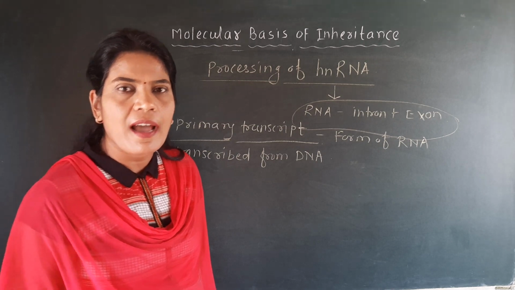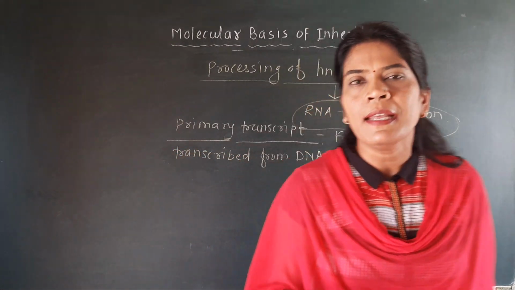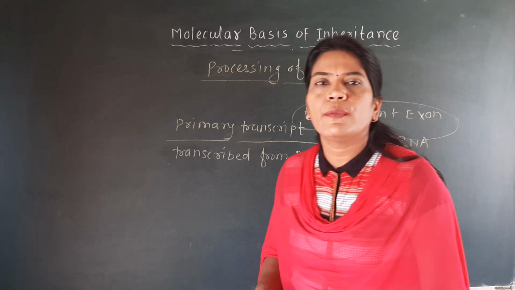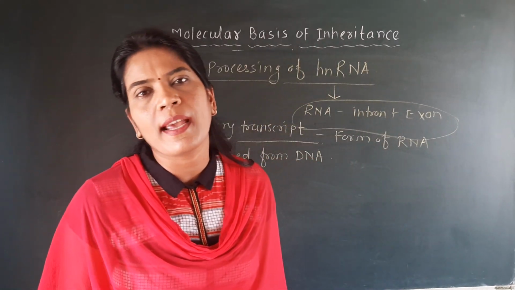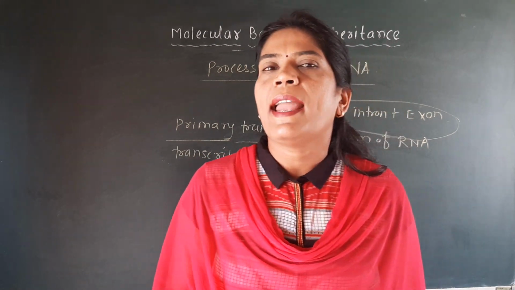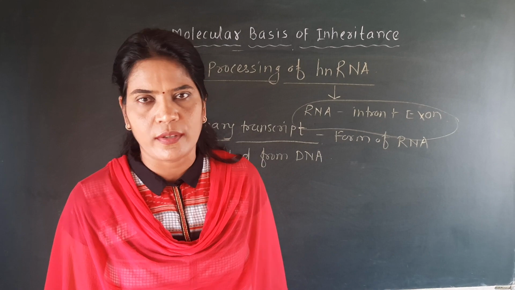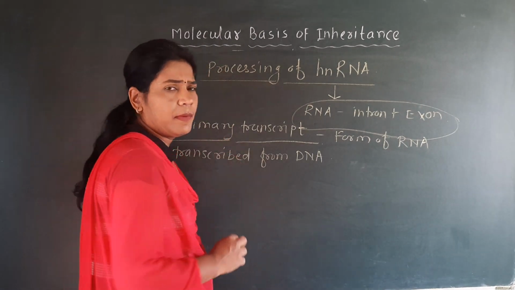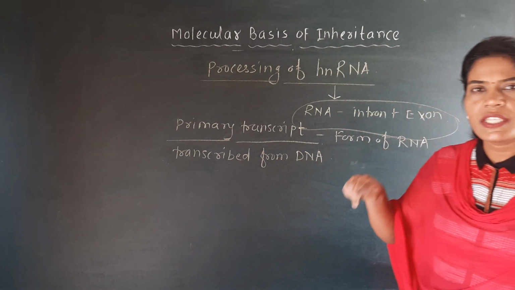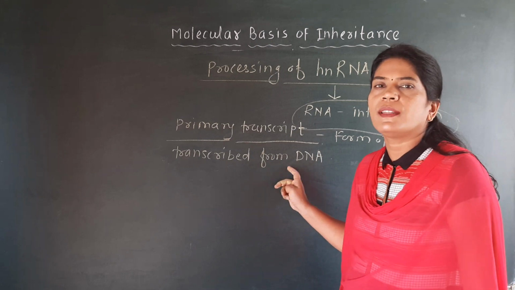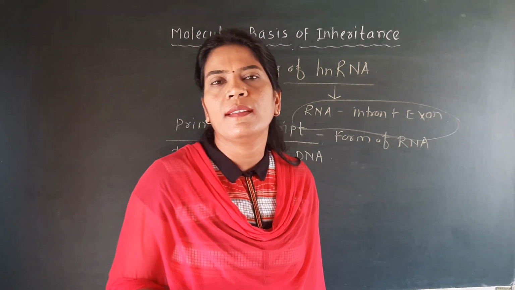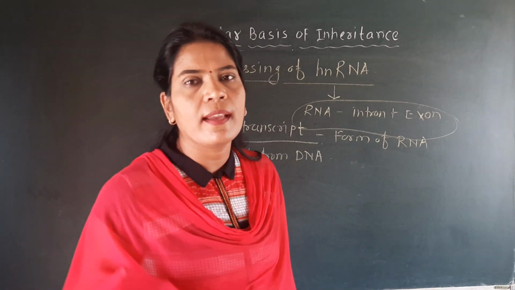So if the question asks what is heterogeneous nuclear RNA, then we have to say that it is RNA which has both intron as well as exon, or in other words, RNA before processing is called heterogeneous nuclear RNA, which has not undergone processing in eukaryotes. And the primary transcript means the form of RNA transcribed or formed from the DNA. Now we'll see how the processing of this hnRNA takes place in the eukaryotic cell